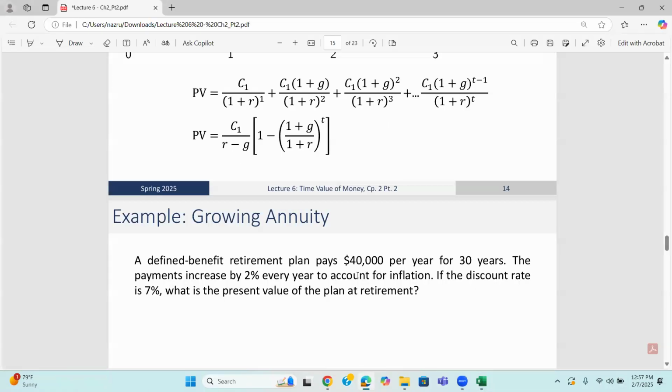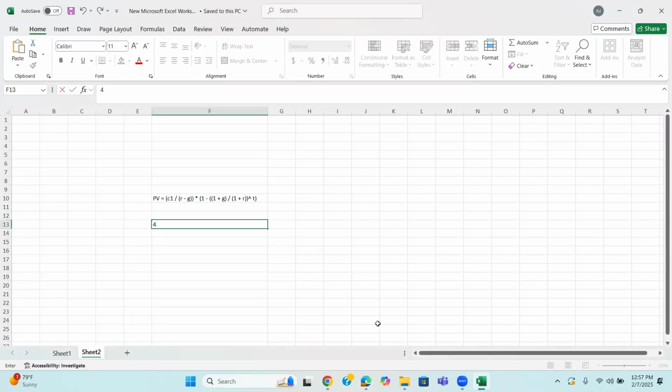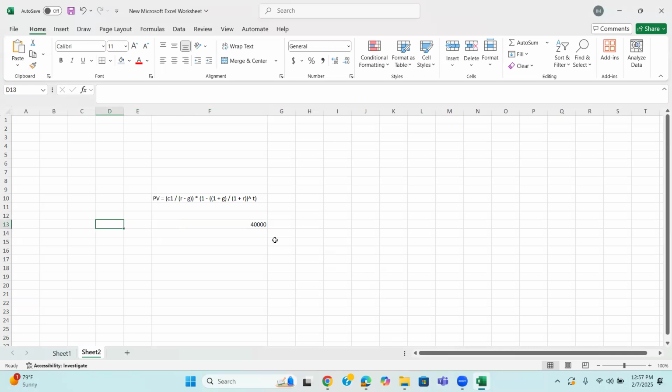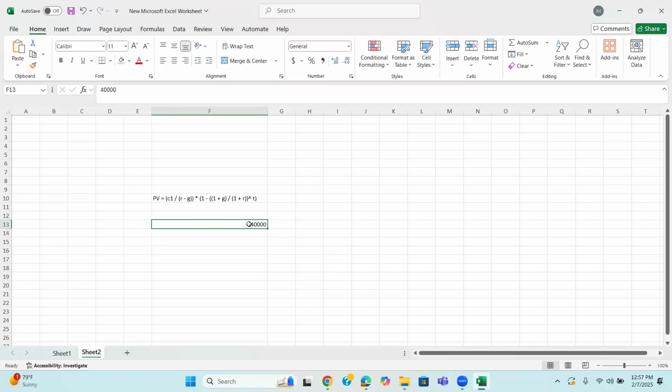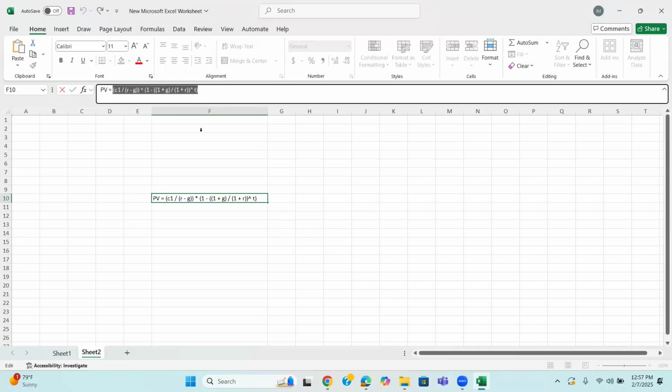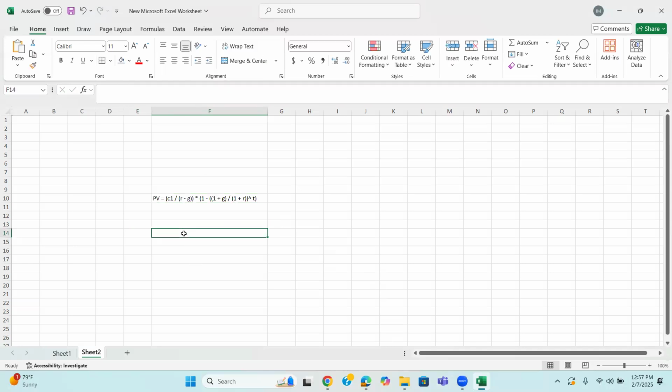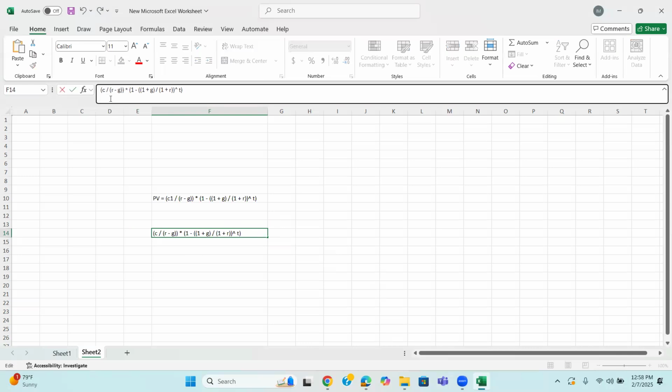Our cash flow is 40,000, so just put 40,000 here. We can put a bracket, or I think what we can do is just copy it. So we just copy the formula here, paste it here,